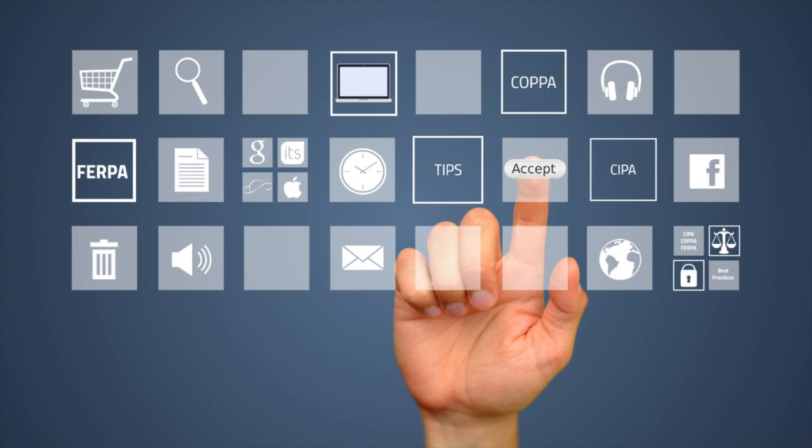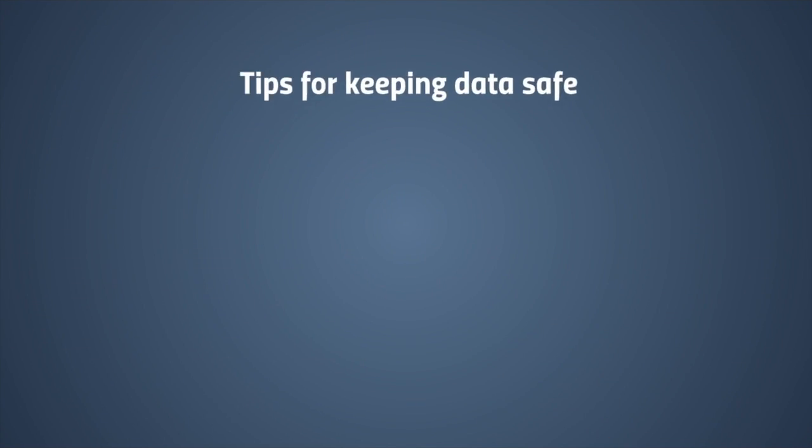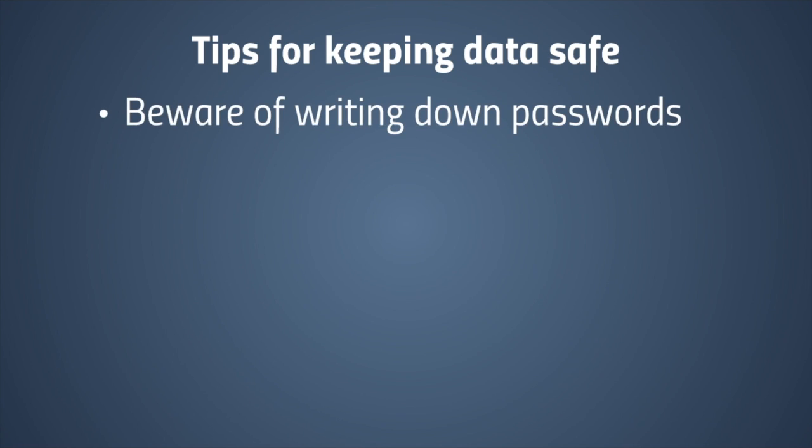This year, we have 6 tips for keeping student educational records safe. First, be aware of writing down passwords. It puts students' data at risk of getting into the wrong hands, especially if you don't have them posted where others can see, on your desk or taped to your device. 2. Be careful about storing data in your cell phone, laptop, or flash drive. If you lose a cell phone, flash drive, or laptop, make sure to tell your supervisor so that the district can take appropriate actions in response.